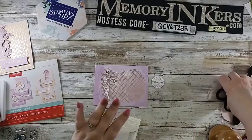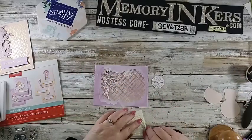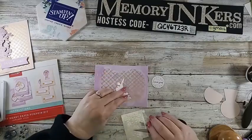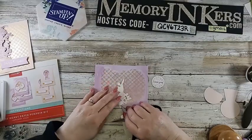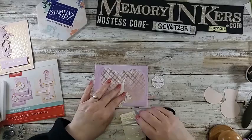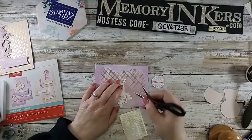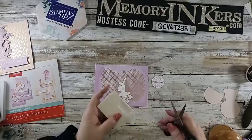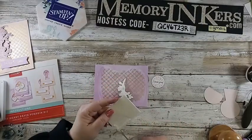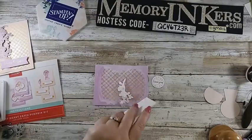I have some other alternatives, so don't go away, because I did some fun stuff with the regular cards, but I wanted to for sure craft with you guys today. And I'm just going to put a bunch of these on here. And for this bottom piece down here, I'm going to cut